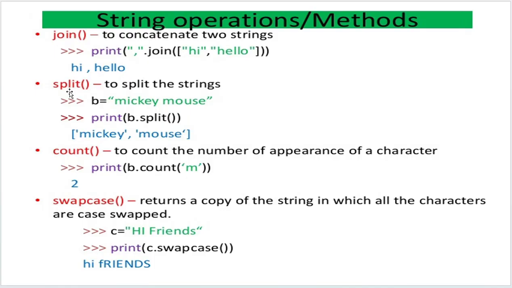Next is the split function. The split function aims to split the strings. If a string is given, it's going to split the given string into substrings. For example, here B is a variable and it is going to store the string value Mickey Mouse. If you want to perform the split operation on this B variable, the two words, Mickey and Mouse, present in the string are being divided into two. So Mickey and Mouse will be separated or split. Mickey is one string and